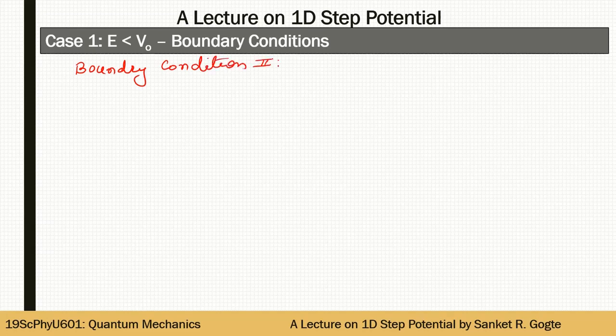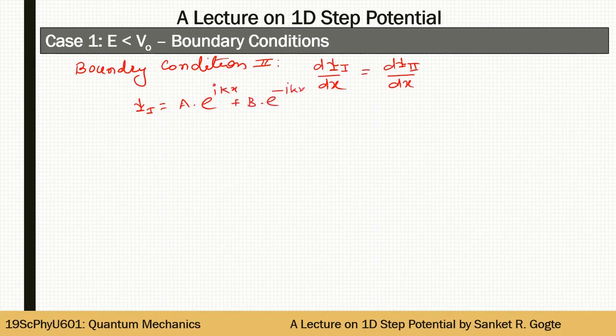In the second boundary condition, the first order derivative of psi with respect to x should be the same in both the regions, and therefore d psi 1 by dx should be the same as d psi 2 by dx, where psi 1, which we have obtained as a into e to the power ikx plus b into e to the power minus ikx, and therefore d psi 1 by dx is